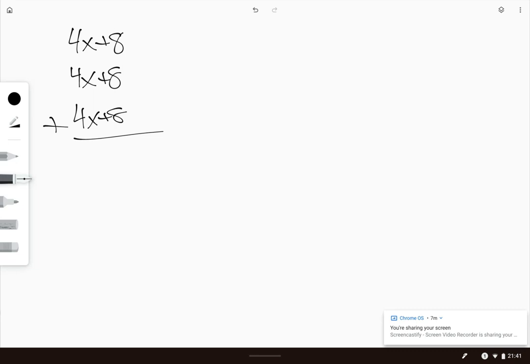So we could do it this way and get an answer of 12x plus 24. Or, since I'm in Math 1, I'm going to do it the algebraic way. So I have three sides, and each side has a measurement of 4x plus 8. So I'm going to write an equation that says 3 times 4x plus 8, because multiplication is a faster